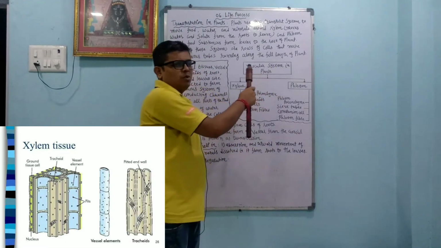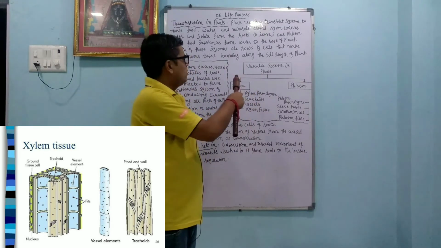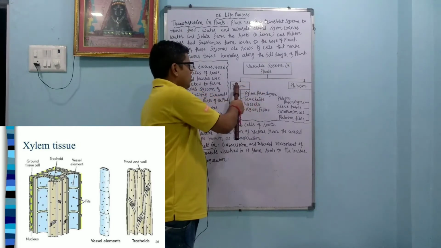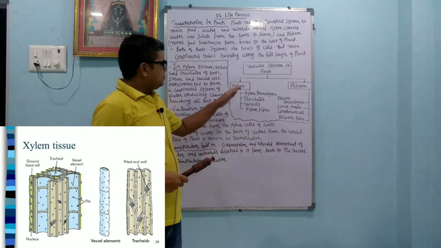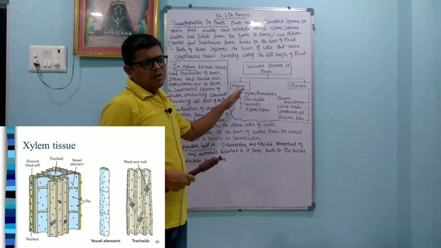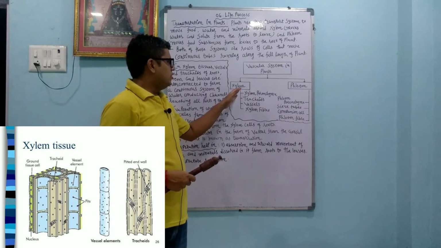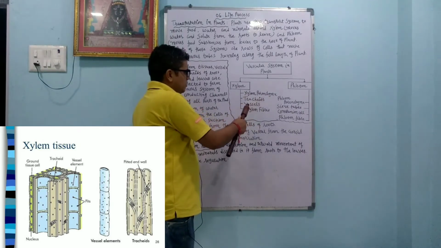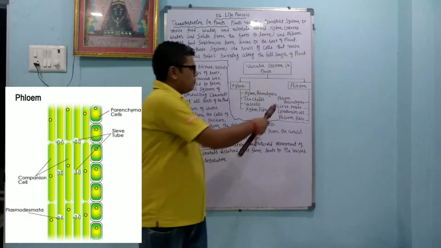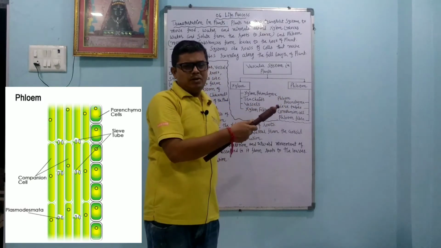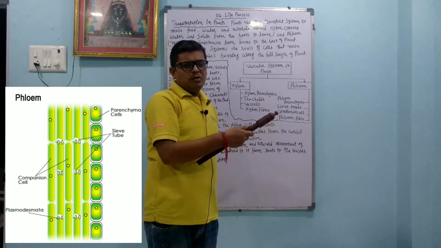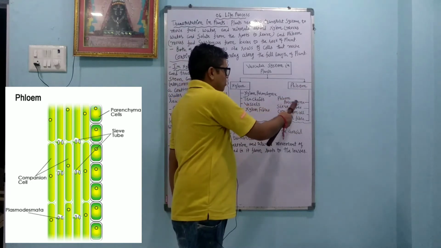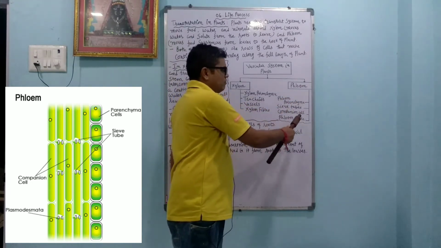Vascular system in plants. Transportation of food as well as water is done by the vascular system in the plant, and it is divided into xylem and phloem. Whatever liquid parts are there, water and other minerals, are transported to the different parts of the plant by xylem. Xylem has sub parts: xylem parenchyma, tracheids, vessels and xylem fiber. In the same way, phloem transports the food part from the leaf to the different parts of the plant. Phloem is divided into phloem parenchyma, sieve tube, companion cell and phloem fiber.